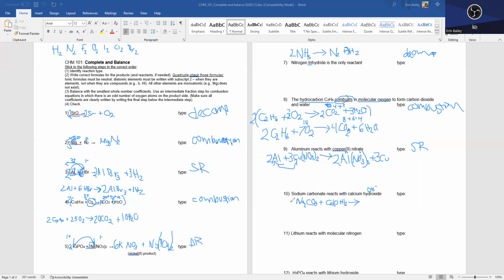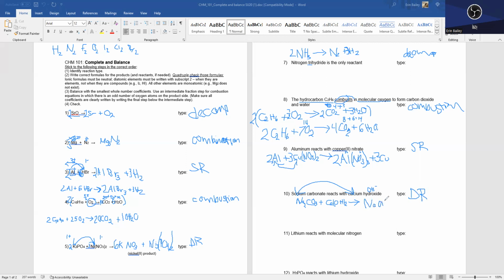And this is going to form what? Well, I see 2 compounds over here. There's going to be two groups of elements per compound here. And I'm just going to say this is a double replacement, because the sodium is going to replace the calcium and the calcium is going to replace the sodium. So what I see is going to happen is we're going to get sodium hydroxide,